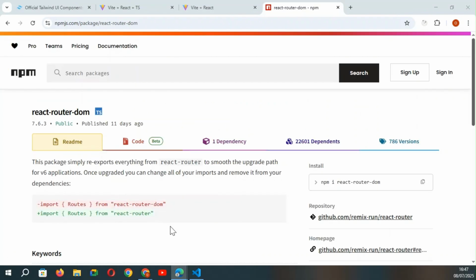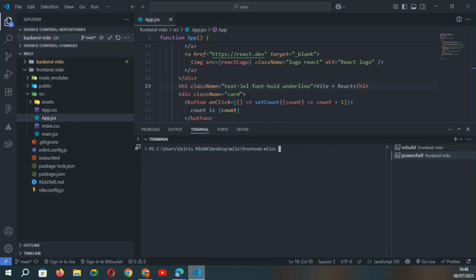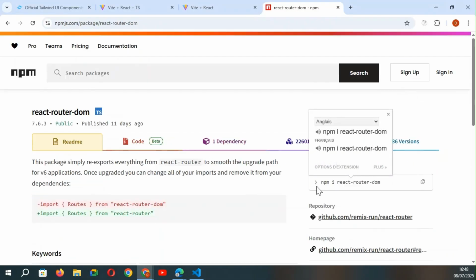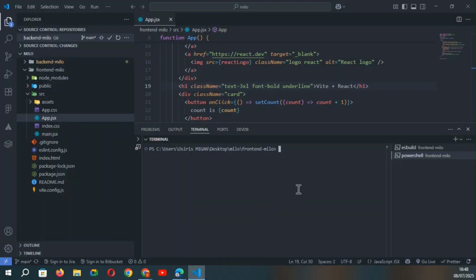In this step of our video, we will use React Router DOM to manage the different routes of our app. So I copy directly the installation, and in VS Code in my frontend project, install. Okay, so